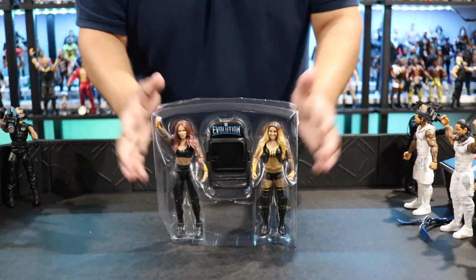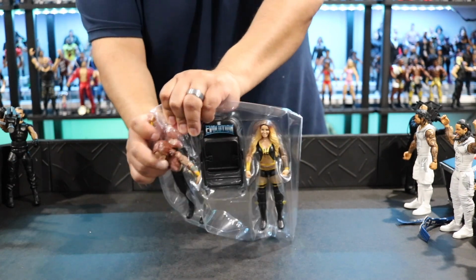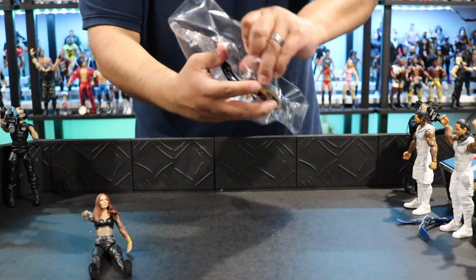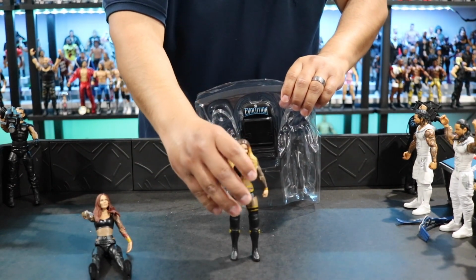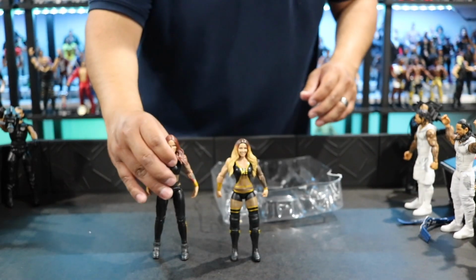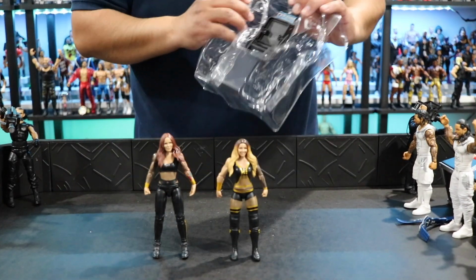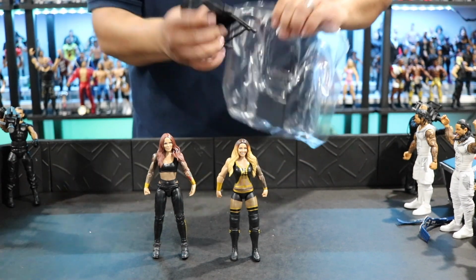So here's a battle pack. Awesome figures as well. Again, nothing to these. Just pop them out. Now this is for the Women's Evolution pay-per-view, the one-time pay-per-view, right? So I'm not really sure what happened to that pay-per-view. It was just a one-time thing where Ronda Rousey led it or whatnot, but this is from that pay-per-view because it